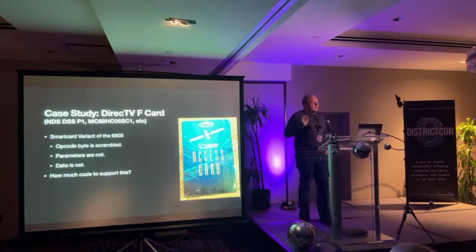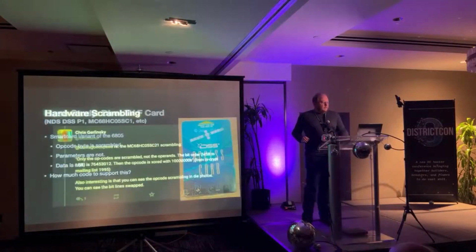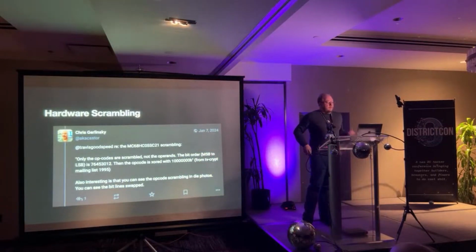Internally, this is a Motorola 68HC05 chip, except that some of the bits are scrambled. The opcodes are not compatible. Parameters are not scrambled. Parameters go just in the normal order. So one of the things that I really wanted was to be able to take, say, my 6805 language module, inherit from it, and change it so that I could deal with cards like the F card with very little code. So my buddy Chris Gerlinski sent me a tweet,